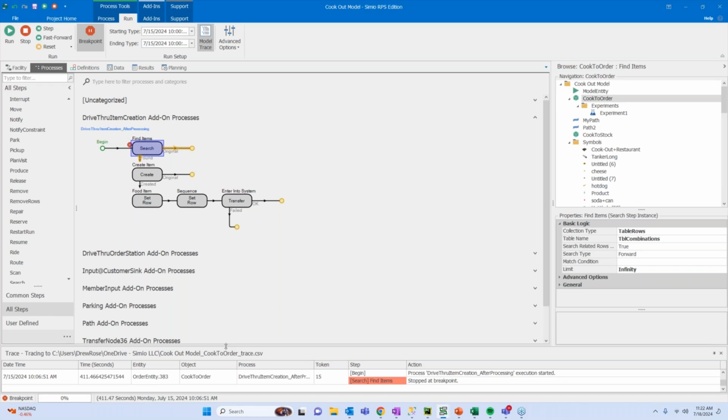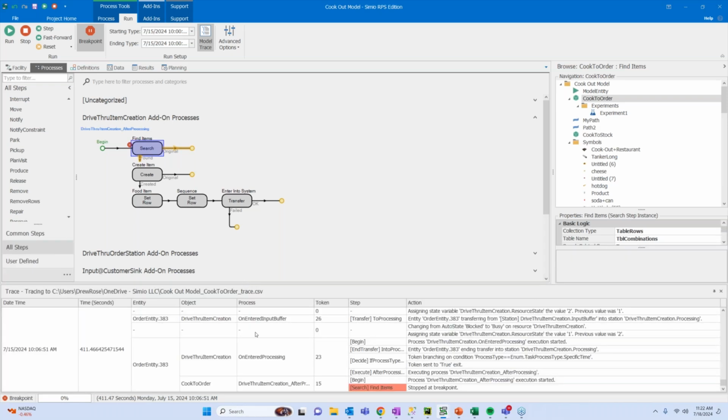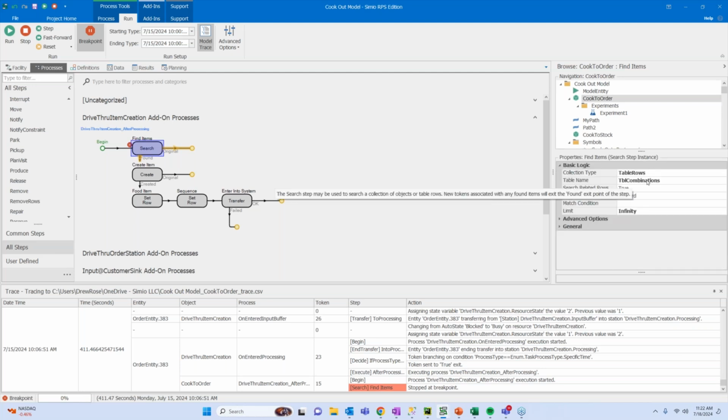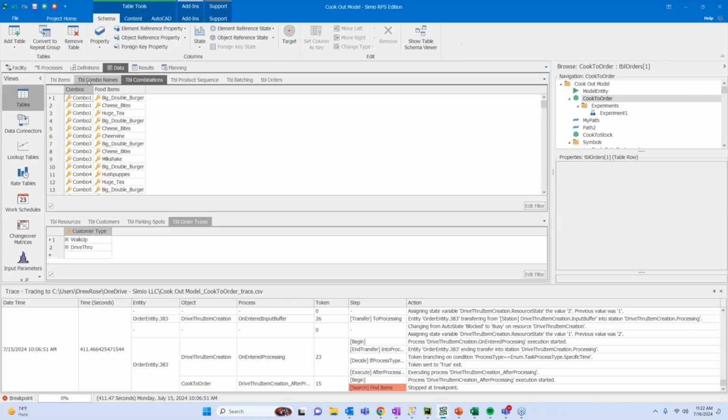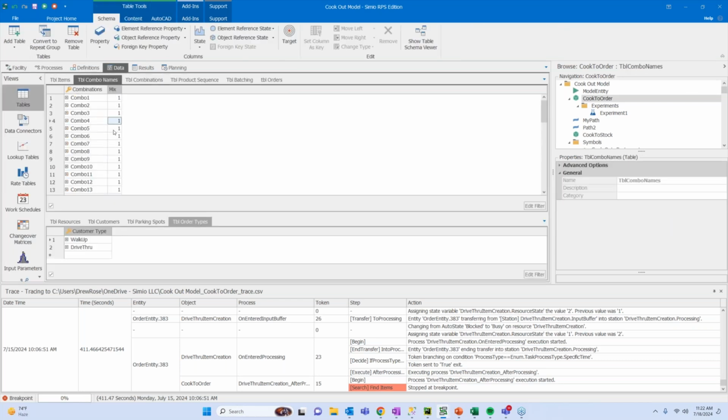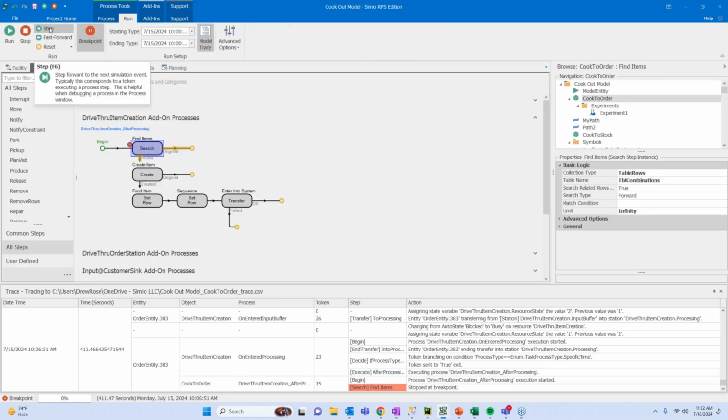So we've selected a combination that we're going to choose from. So we created an order off of that, and then we're going to first find, in our bit of process logic, what combination did we find. So we're going to search and find the combination that we set. And there was a previous set row that, with a mix, I could have selected any of these 48 rows. So I selected a combination. I'm going to see what items are in that given combo.